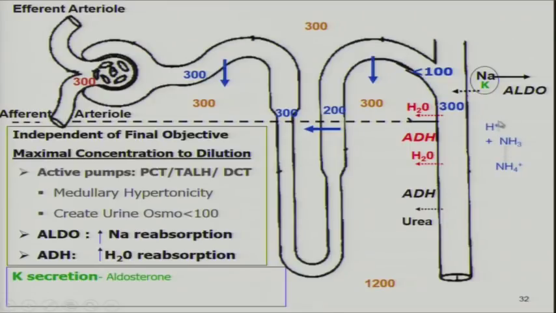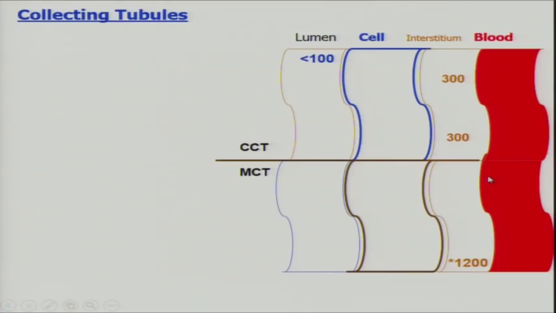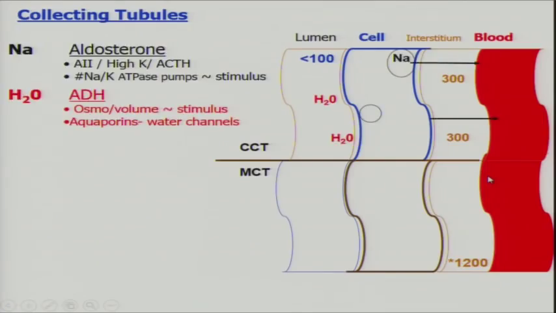Also, what happens with hydrogen excretion here is you don't have the carbonic anhydrase that you had in the proximal tubule. So the hydrogen that is being secreted needs to be trapped with either ammonium or titratable acids, so that now they can't get out of the lumen. And what facilitates that is hydrogen ATPase, which is increased by aldosterone. So just looking at everything collectively together then, to summarize all this, aldosterone's effect is stimulated by angiotensin II, high potassium, ACTH, ADH,